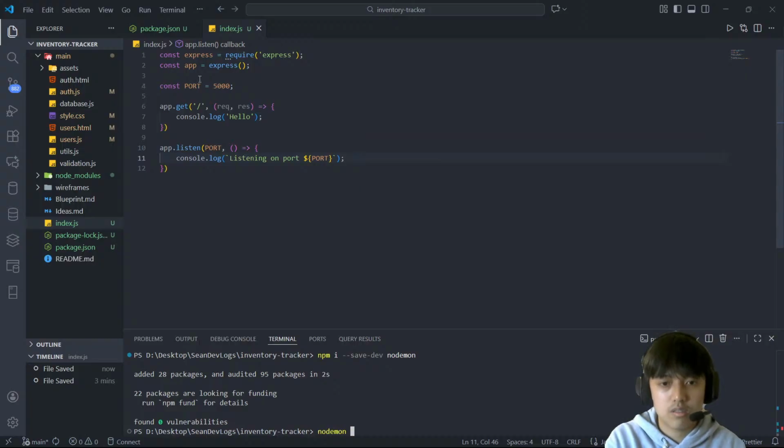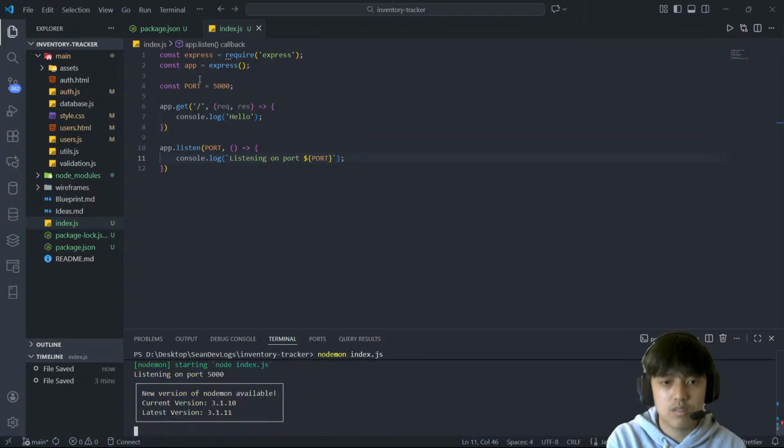Then I think to run it I need to use nodemon index.js. Yeah. Okay. So just to